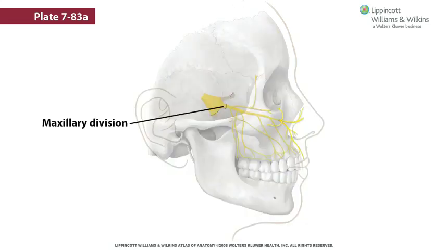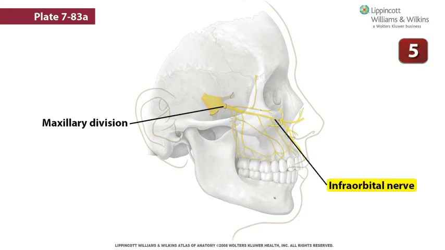The maxillary division of the trigeminal nerve gives off the infraorbital nerve that enters the orbit through the inferior orbital fissure, runs along the floor of the orbit in the infraorbital groove and canal, and exits out onto the face through the infraorbital foramen, just inferior to the inferior margin of the orbit, deep to the levator labii superioris muscle. Branches of this nerve innervate skin on the inferior eyelid, the inferior portion of the nose, the cheek, and the